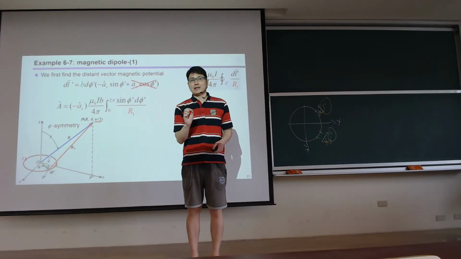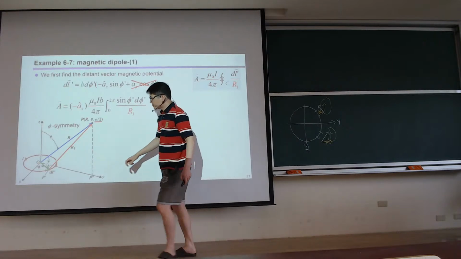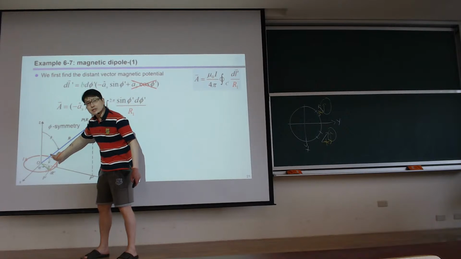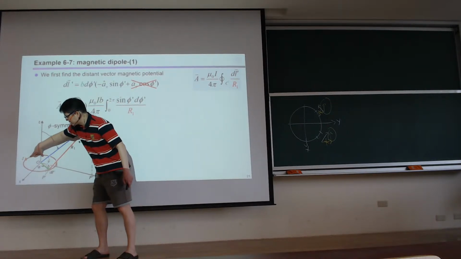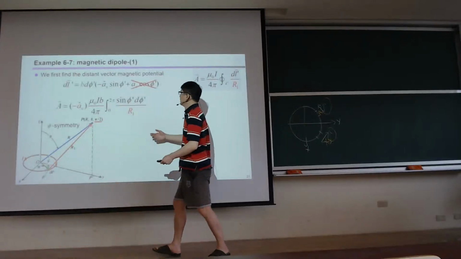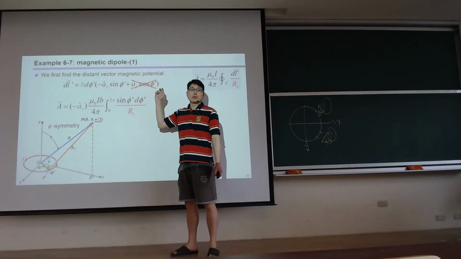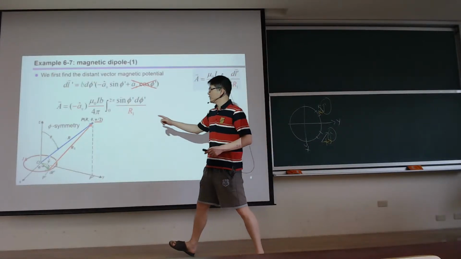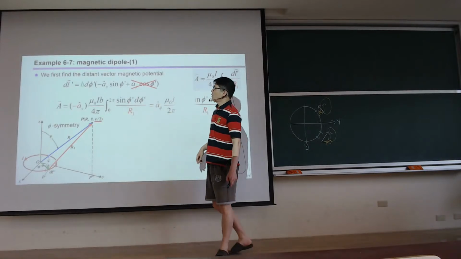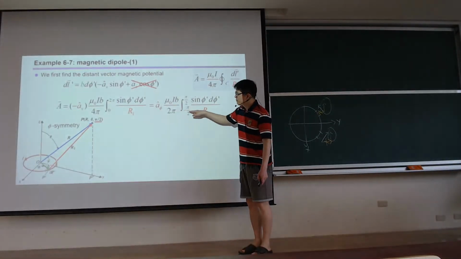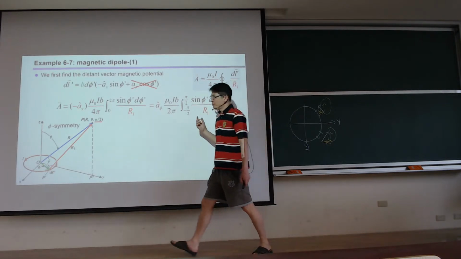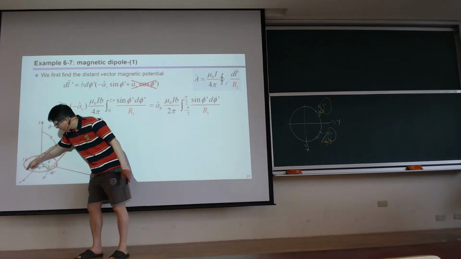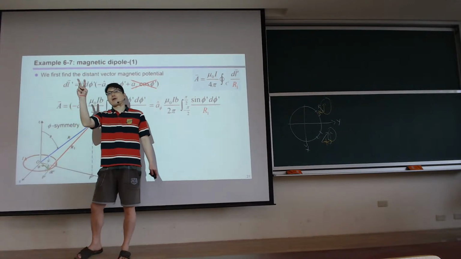But as I stated, due to symmetry, this part is probably identical to this part, and this part is also identical to this part, because eventually some terms would vanish. So I don't really have to integrate from 0 to 2 pi. I can integrate only from negative pi over 2 to pi over 2. Means I only need to integrate from this part, this point, to this point,